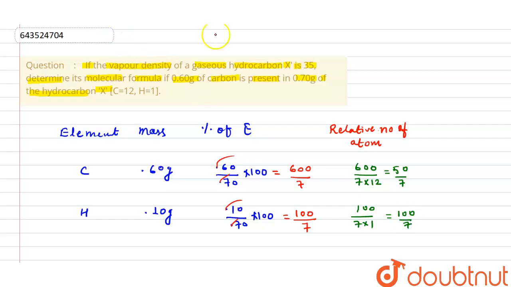Now after that we can find the relative number of atoms in whole number, and for that we can multiply these two values by 7. So if you multiply this by 7, then what will happen? 7 will get cancelled out. So we can show this as multiply by 7 and divided by 50, because this is a ratio, basically relative numbers. So we can multiply or divide by any number. That's why we are multiplying by 7 by 50 in both the relative number of atoms, so that we can get the simplest number.